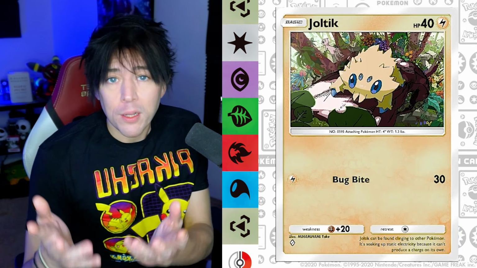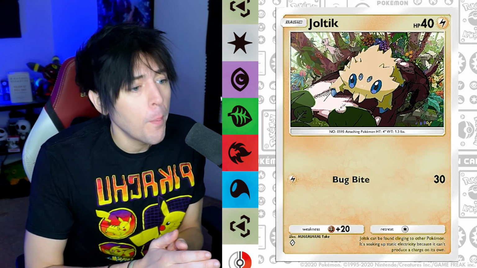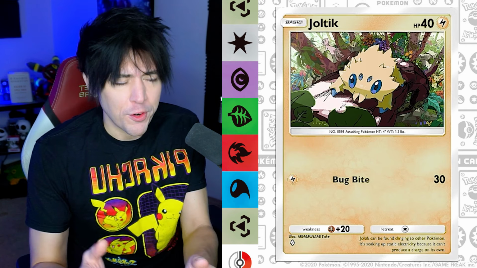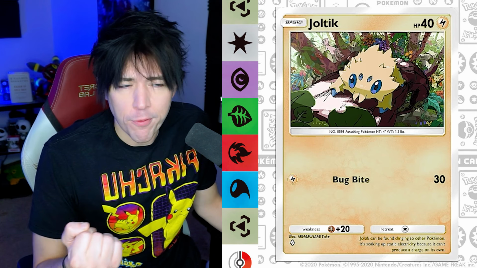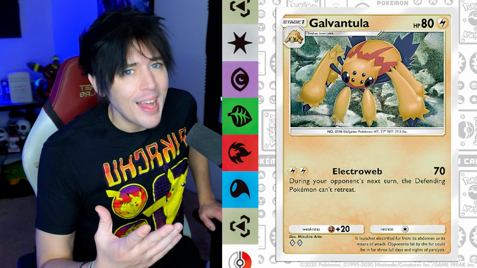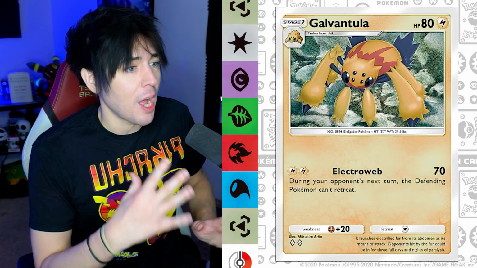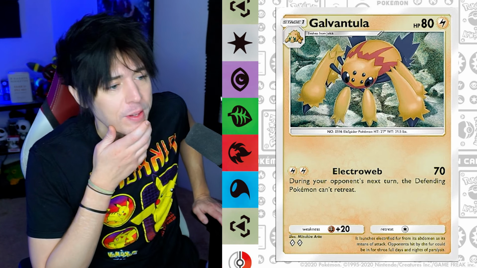And speaking of more electric Pokemon that are pretty aggressive, we have Joltik here, 40 health, very low, but it does have 30 damage for 1 energy in the form of Bug Bite. There's a very few amount of Pokemon that actually have 1 for 30s with no downside. This is one of them. It is going to get KO'd very easily though. In the stage 1 of Galvantula, 80 health, not a lot tankier than the basic here, but it does have Electro Web, which is pretty interesting. It is 70 for 2, which is on par with some of the best stage 1s energy to damage ratios that we have in PTCG